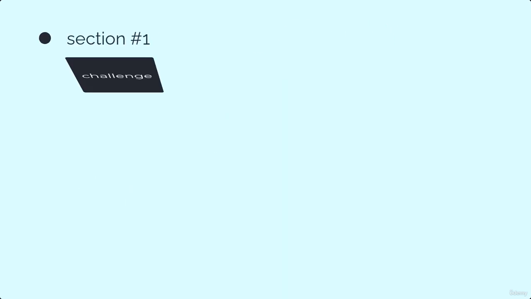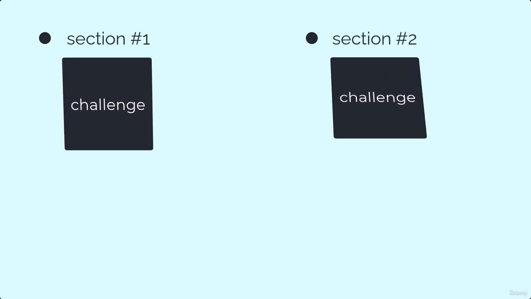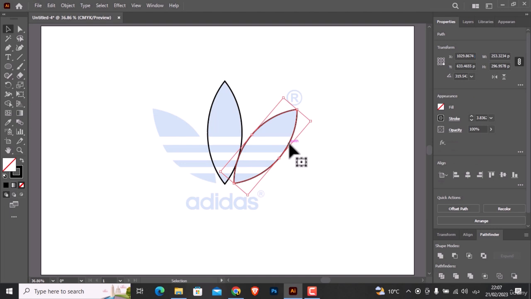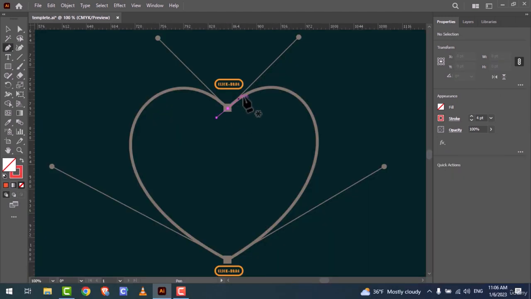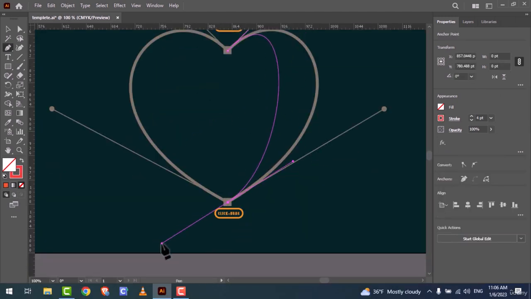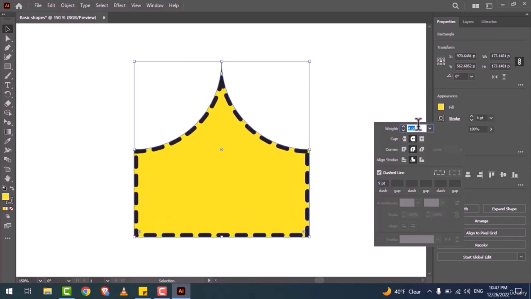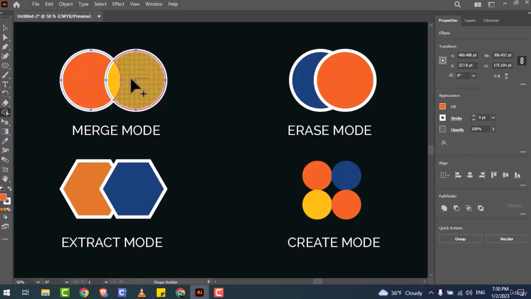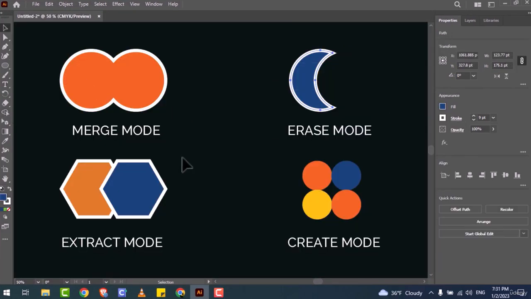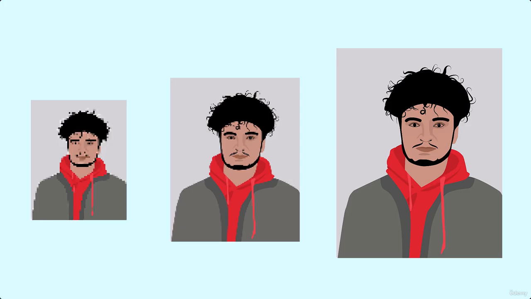After each section you will have a challenge to put your knowledge into practice. By the end of this course, you will learn the basics of vector graphics, how to create stunning logos, icons, flyers, and more, how to use the pen tool and curvature tool to create complex shapes, how to play with strokes, shapes, and lines, how to cut, trim, merge multiple shapes, how to get your design with the highest quality